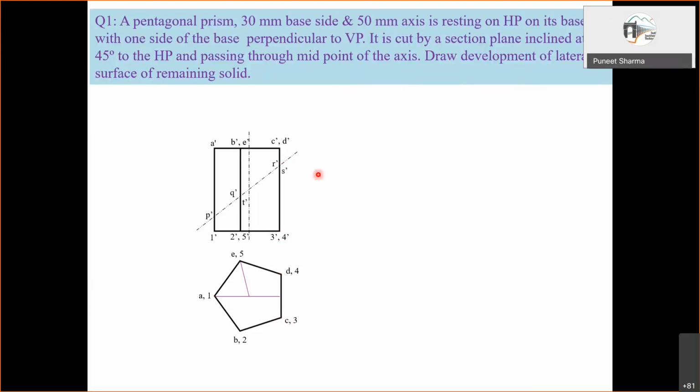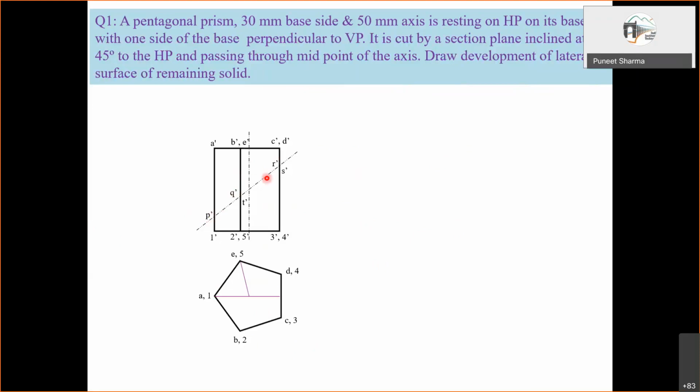Okay. Then development, as we have seen, parallel line development. So considering the height, this much height we have to consider, 1 point here, 1 point here, like that one long edge we mark. And then we have to develop like a rectangle, and effectively all these rectangular surfaces will be opening up here for the lateral surface, this part. So first of all, we'll draw the complete thing from here up to here, top to bottom, and then we'll locate these points wherever these are. Like that we'll do the development.